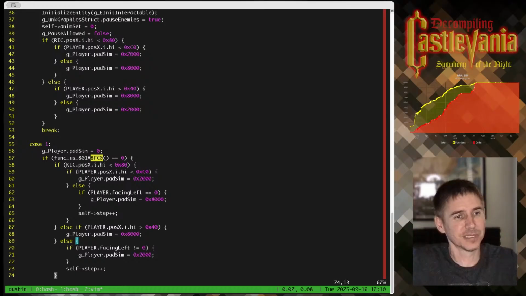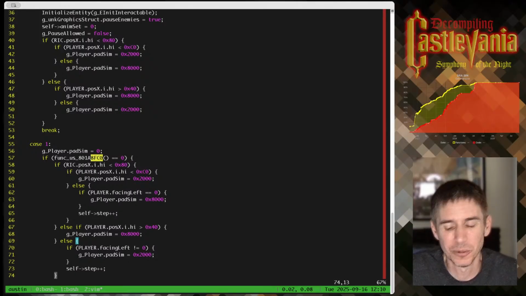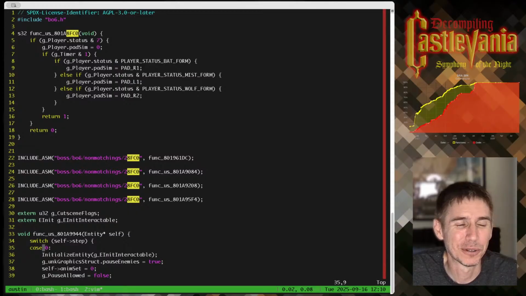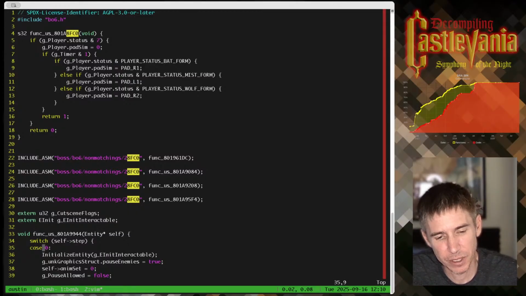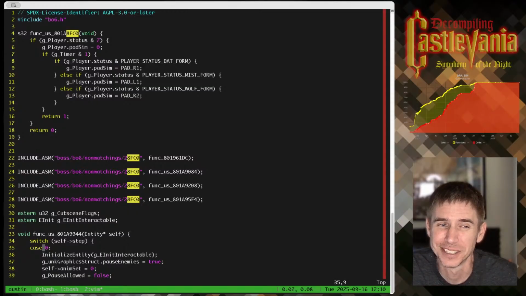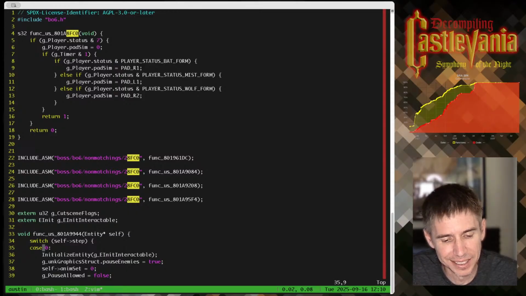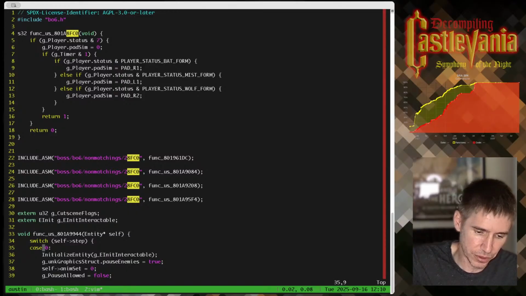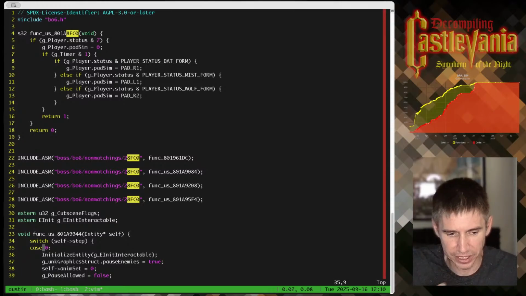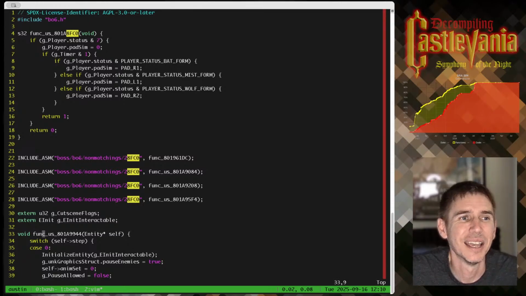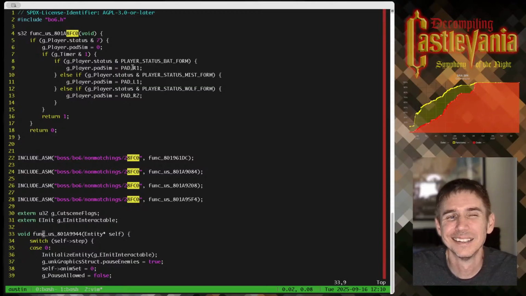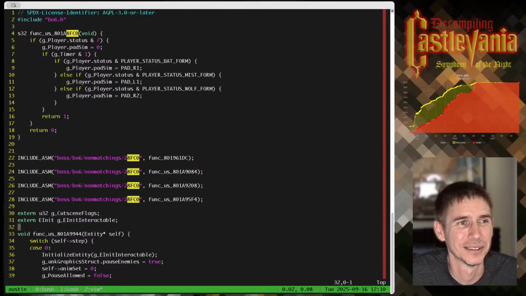Oh. Now I know what it's for. So we talked about this function yesterday, this 994 function. This function's going to be called when you're coming into the room during the... It's either when you're... I don't know this yet. It's either when you're coming into the room for the Richter boss fight, or during the cutscene, and they want to move you to a specific place so that things can play out in a controlled way. And what this is doing is, if you're in bat form, it's pressing the R1 button on your behalf to turn you back into Alucard, and likewise the other forms.